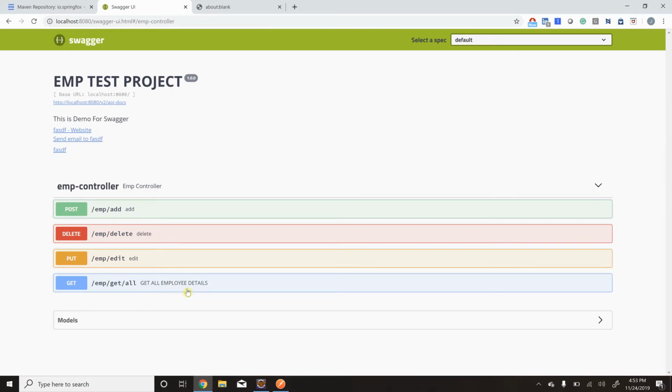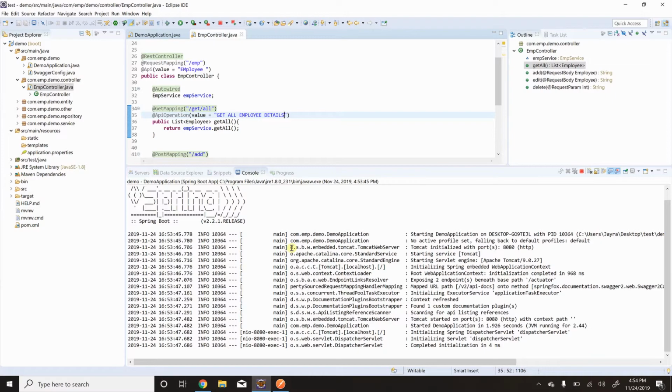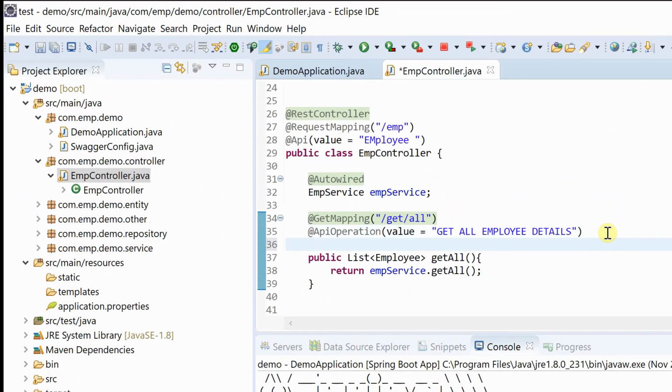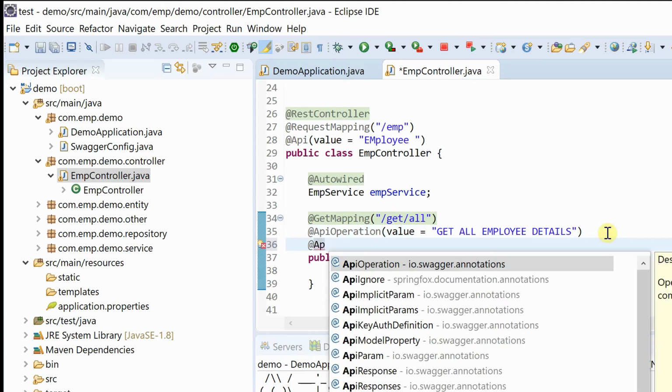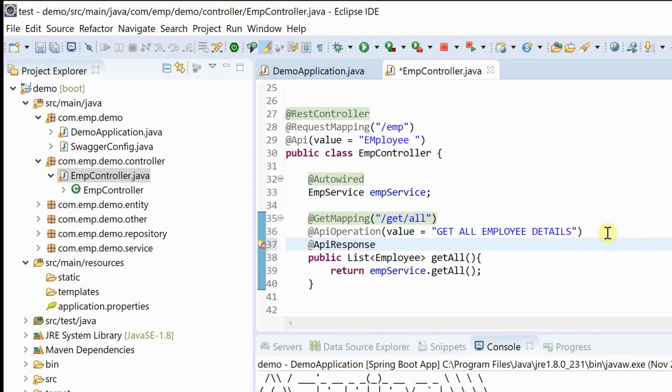Okay, so this way you can provide the description about your API at the API level. Next one we have is API responses. So let's say we have multiple responses. Let's check one response first, and then we will go with API responses. Here, let's say this API is returning a 200 HTTP code, and we have a message with it saying successfully